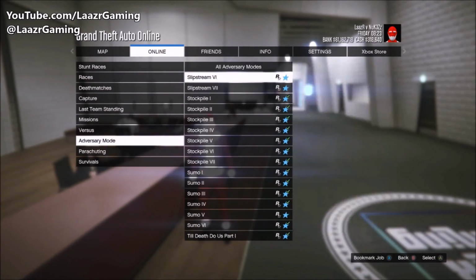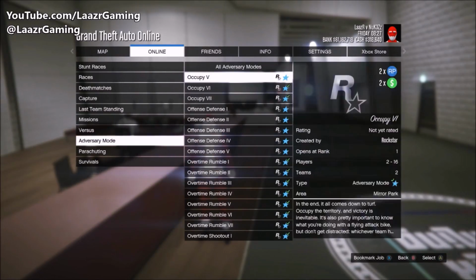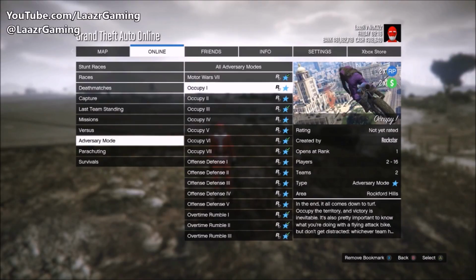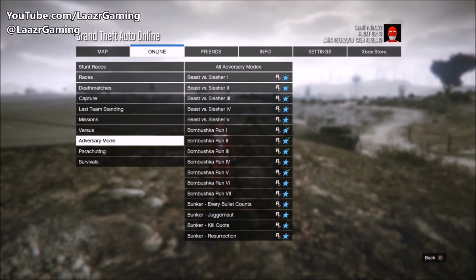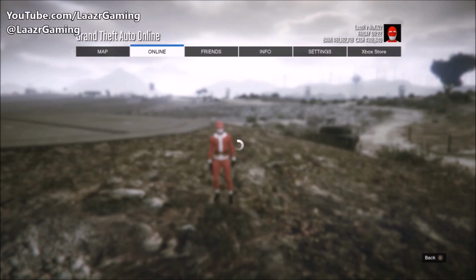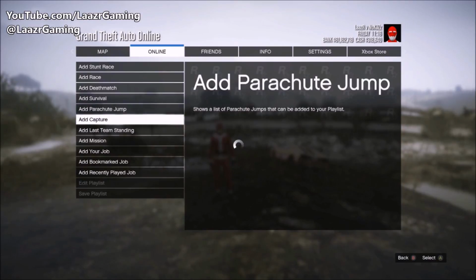So if you guys are looking to grind this out with a friend, what you can simply do is press start, go across to online jobs, adversary modes, and bookmark one of these occupy adversary modes. Now if you guys are like me and you'll be looking to grind this out for a little while or throughout the entire week, then what I would suggest is go ahead and create a new playlist